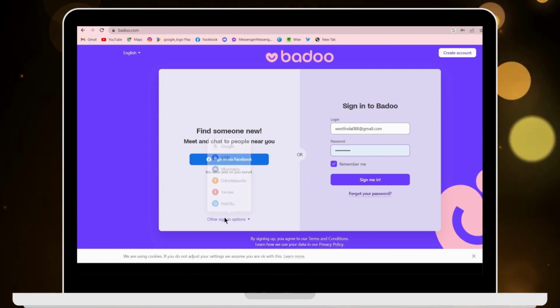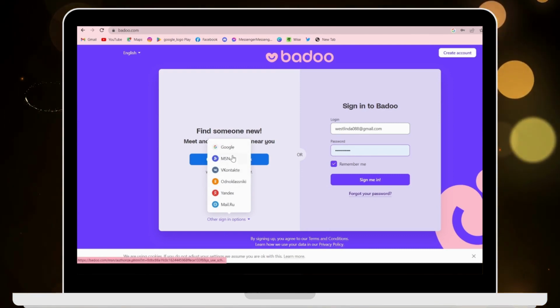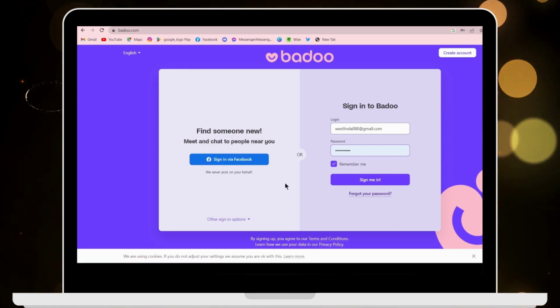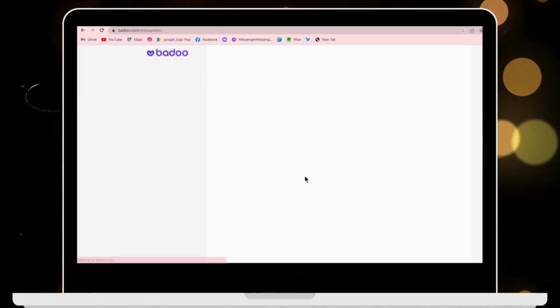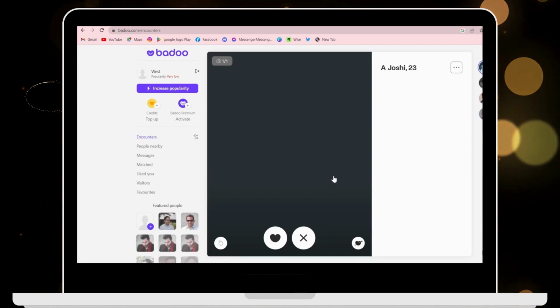Or you can also choose other sign-in options. You can either continue with your Google, your MSN, or any of these apps. So after entering all of your information, you can simply click on sign me in. And that's it, guys. That's how you log into your